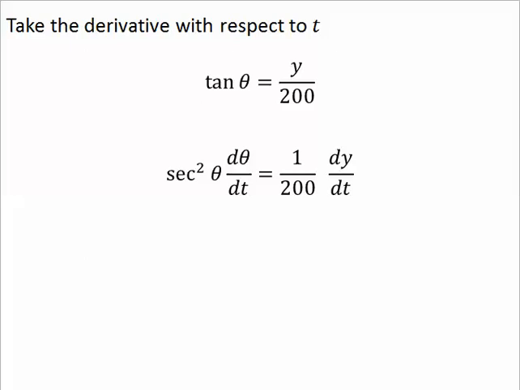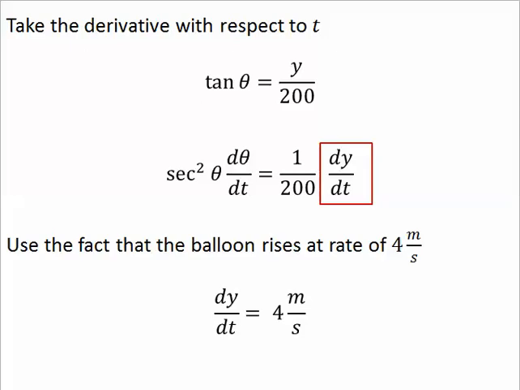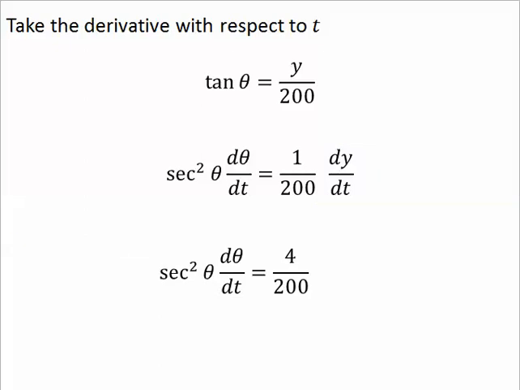The derivative of y is just 1 times dy/dt. Now we're going to use the fact that the balloon rises at a rate of 4 meters per second. So dy/dt is constant. And that tells us that secant squared theta times d theta/dt is 4 over 200,